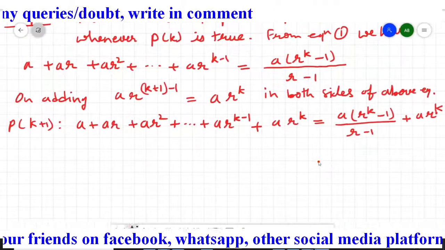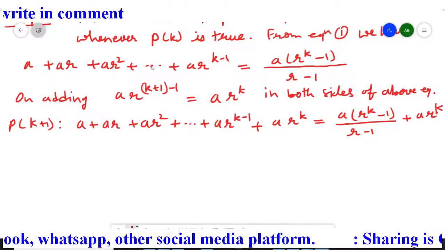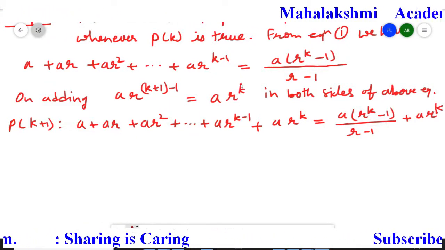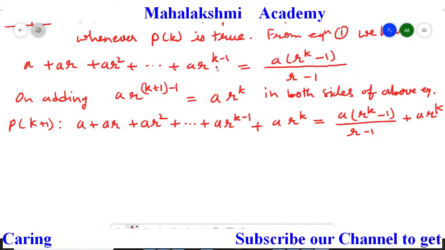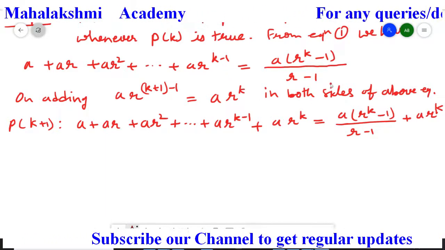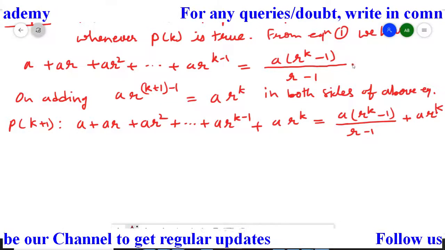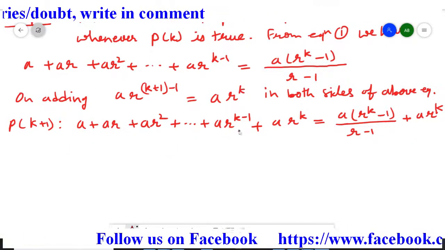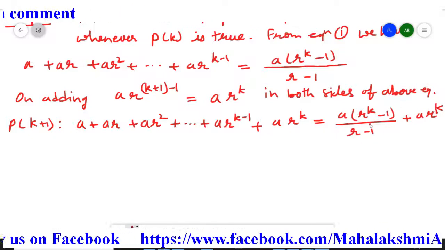So I hope it's clear to you. So what we had done, I wrote this complete statement as it is, and this term, that is a multiplied by r to the power k, I wrote here also. In the left hand side also I added, and in the right side also you just add. Now we do not have to do anything in the left hand side of this statement. The right hand side we have to solve.